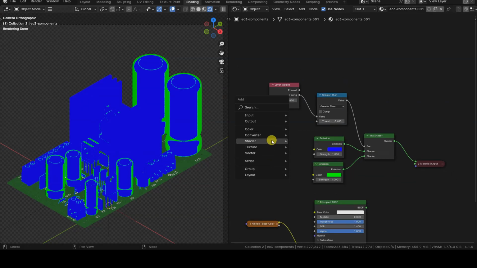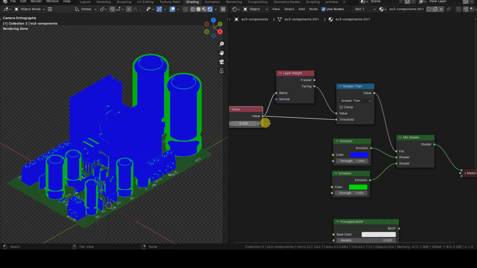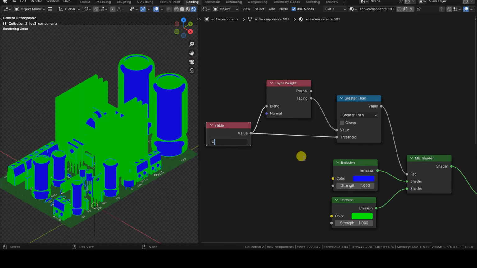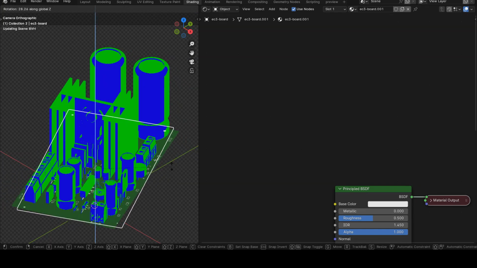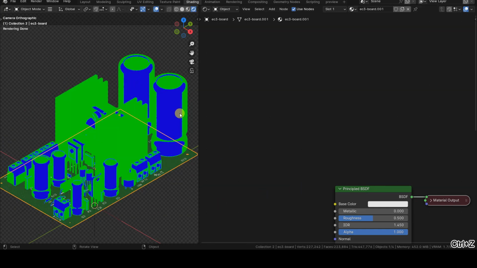To obtain the same value for both the Blend parameter of the Layer Weight node and the second value input of the Greater Than node, we insert a Value node from the Input group into the setup and connect it to those two inputs. By modifying this value, even with very small variations, we can achieve a good mixing factor to add non-gradient shading to the faces of the objects. We will use this mixing factor to create a slightly darker version of the albedo texture based on the orientation of the object faces.